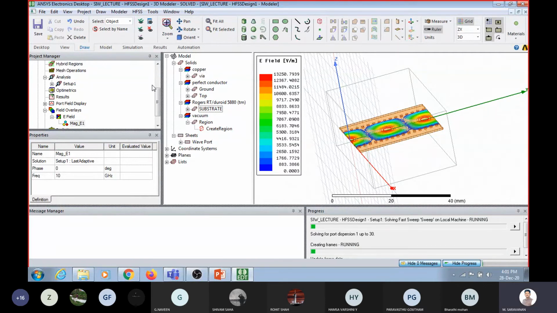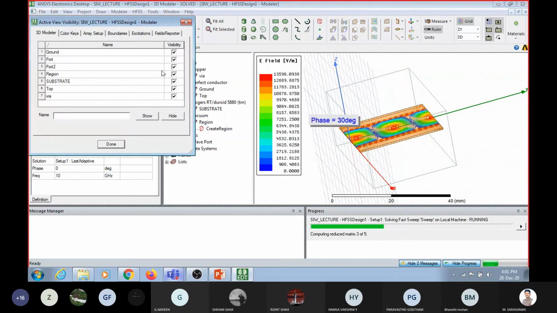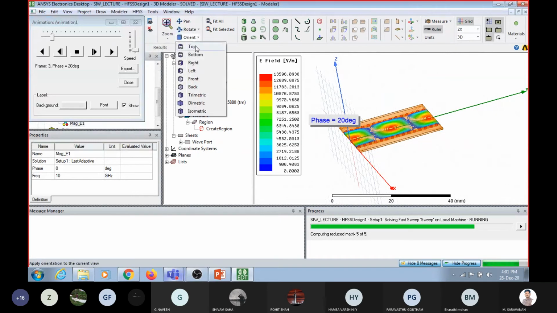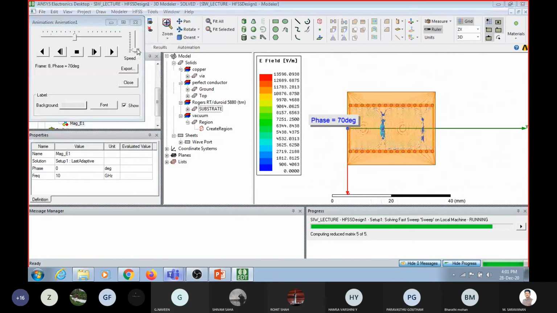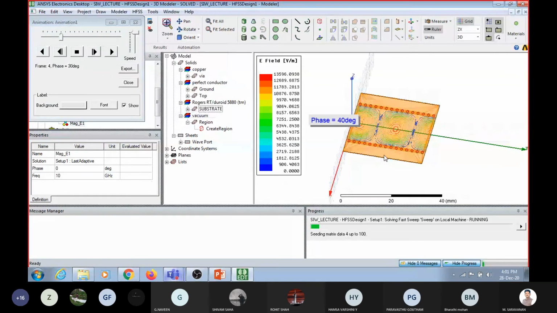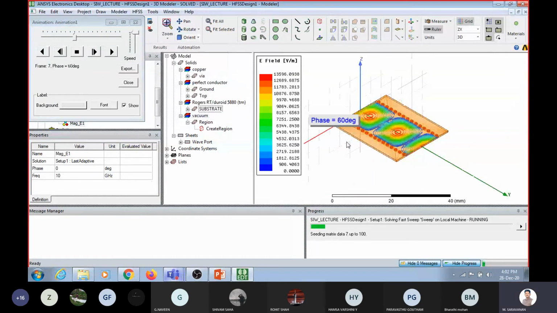It is running. Please give 1 minute. So you can see how the waves are confined within the boundary walls.